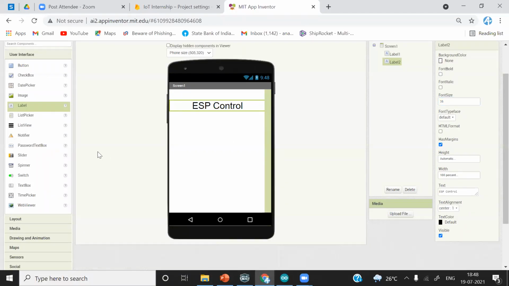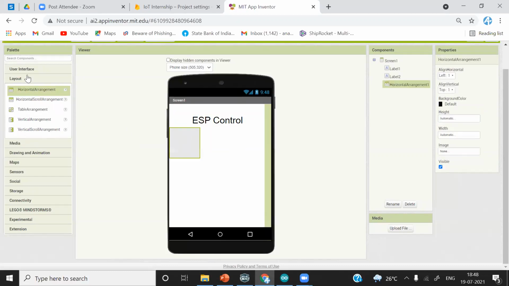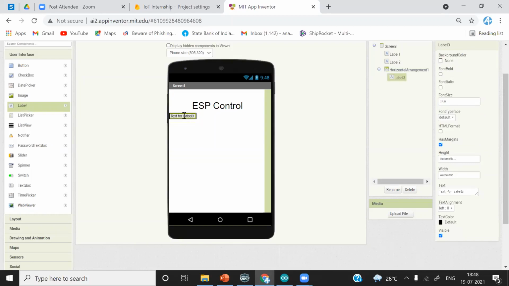Okay. After this, I will add a layout. Before the layout, I will add this label to maintain the distance between the ESP control text and this layout.